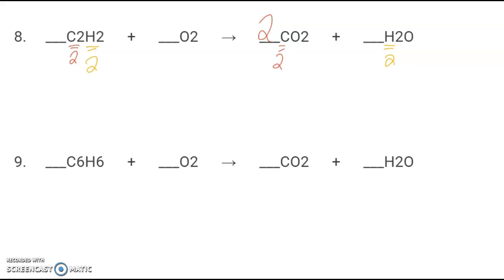And then for our oxygen, now I see what we would need to balance. So we have 2 oxygen to start with. And then we have 2 times 2, so we have 4 plus 1, which is 5 oxygen. So this is a little reversed from the other ones. This one we have more oxygen on our product side right now that's not yet balanced. So to get those balanced, what times 2 will equal 5? So same thing